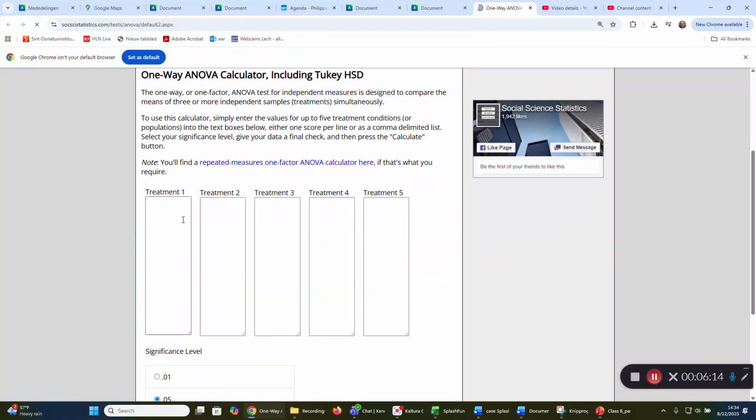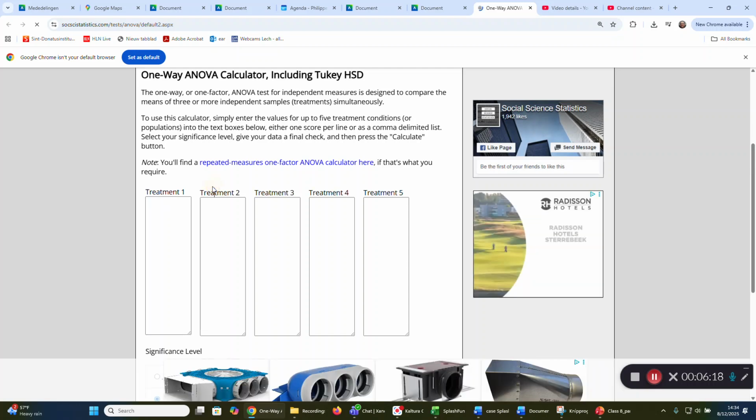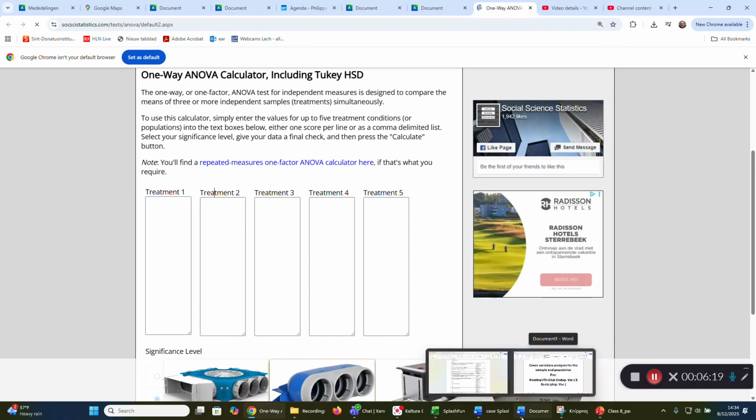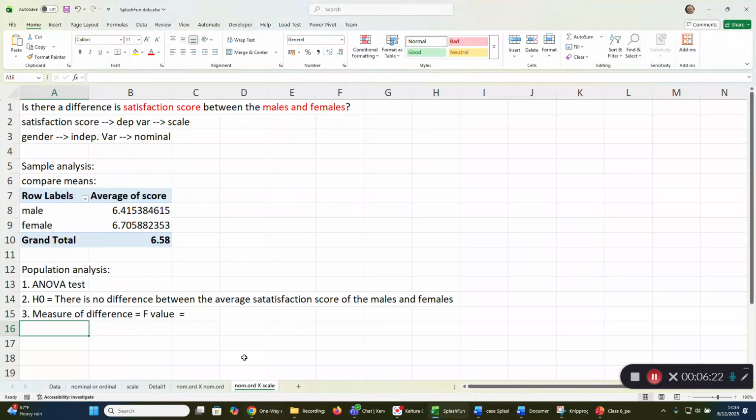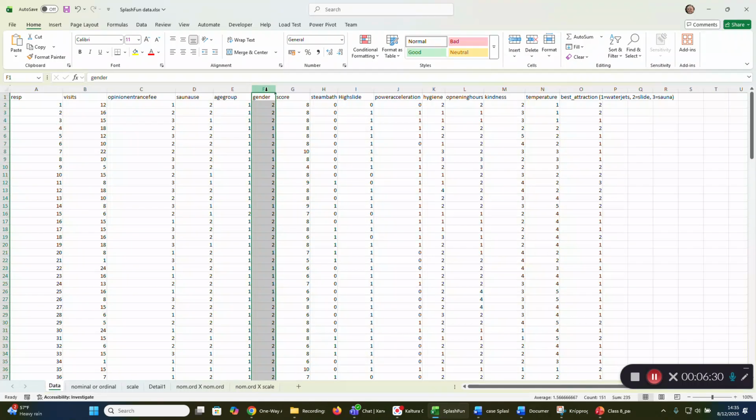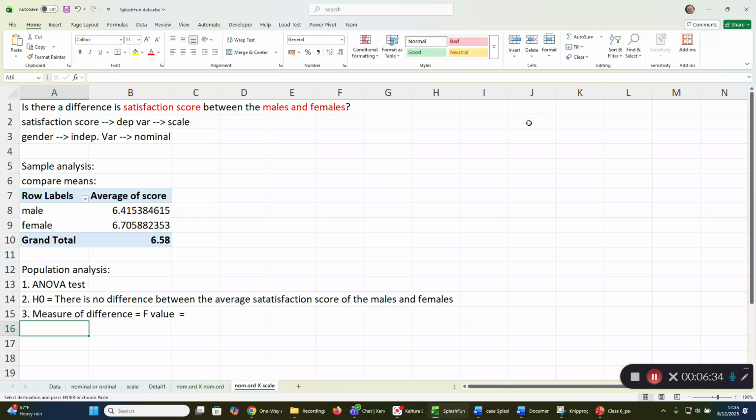where you see that you will have to fill in the treatment scores of the different groups that you're comparing. Or in other words, we need to have a list of the scores of all the males and then a score of all the females. How can we do that quickly? Well, I'm just going to copy paste the gender and the score here to my